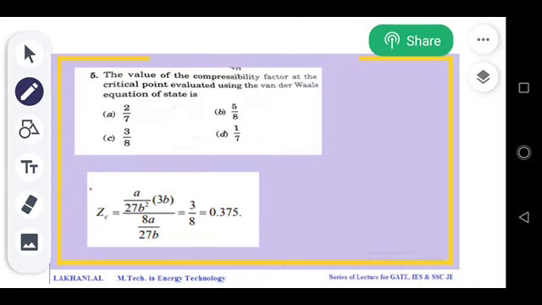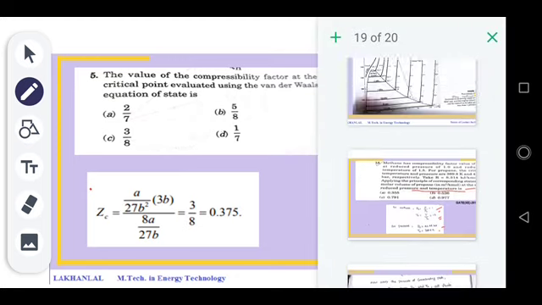Now question number 5. The value of the compressibility factor at the critical point evaluated using van der Waals equation of state is. So I have already shown you those values. The question asked you to evaluate the compressibility factor at critical point. So compressibility factor is what? PV divided by RT. V is your molar volume, and in just few slides ago,